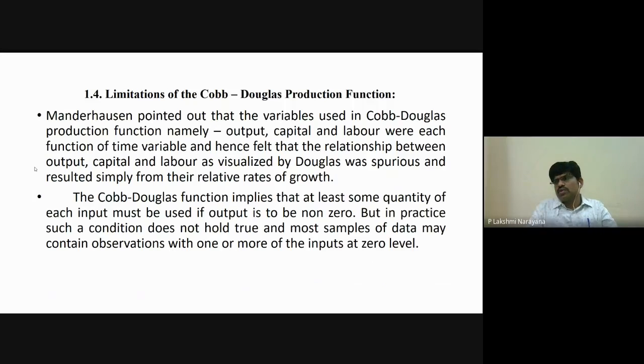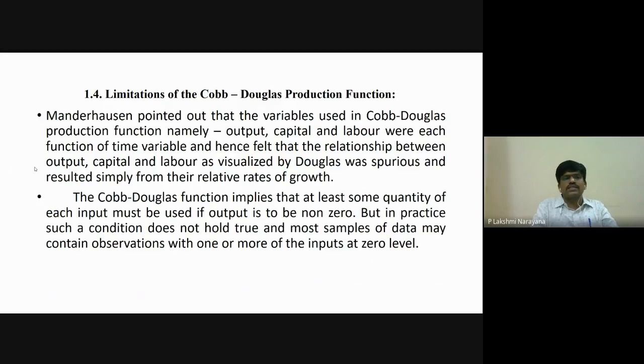So that's why the Cobb-Douglas production function is very important, and it will be useful. Many studies and many agricultural economists are using this production function. But this production function also has some limitations. So the limitations of the Cobb-Douglas production function are,